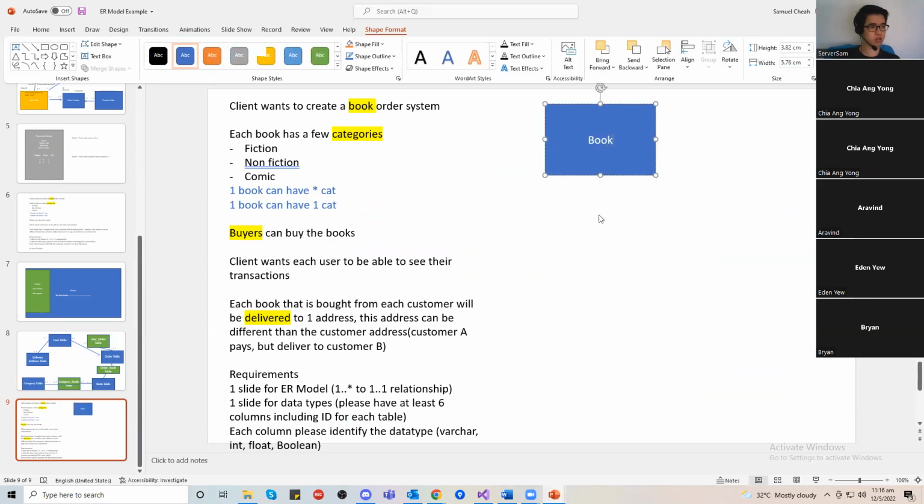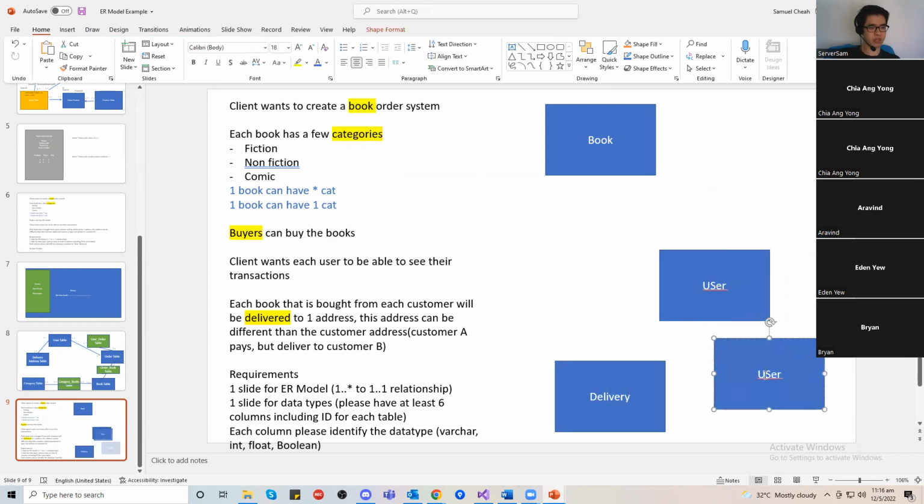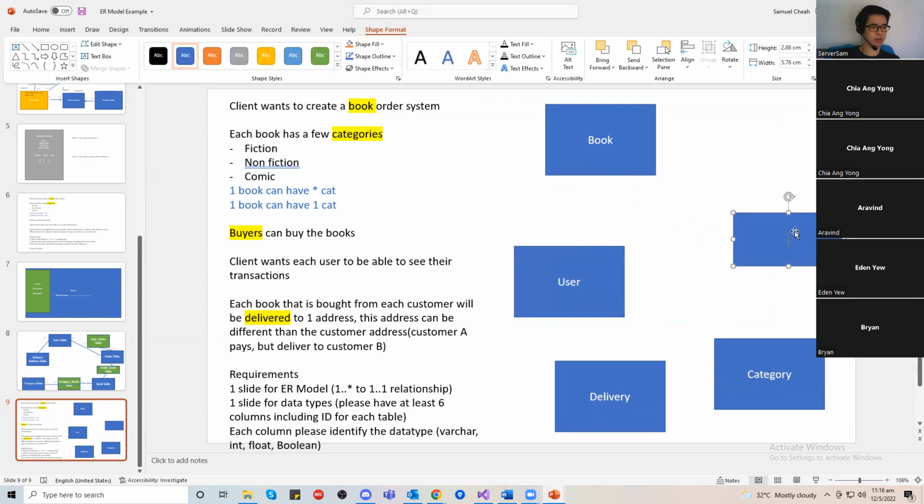So book, user, delivery. This one I know already, and category. Okay, the one that is hidden within the thing that you all can infer is the orders, right? I mean, user can buy, means can has orders. Okay, usually in orders,